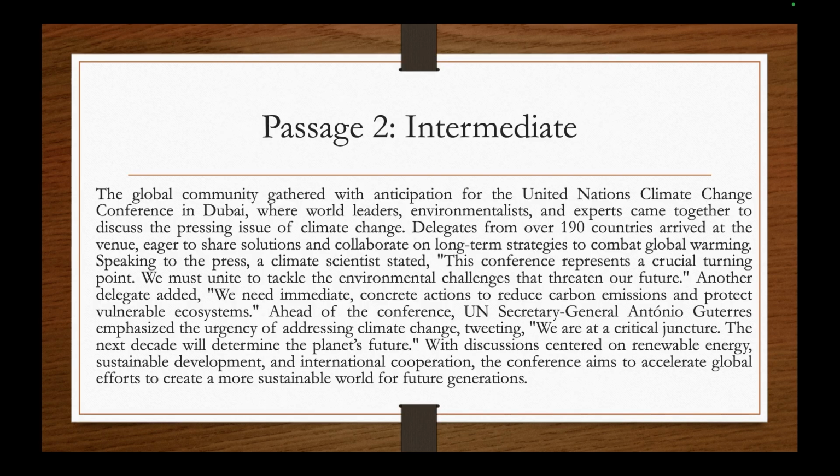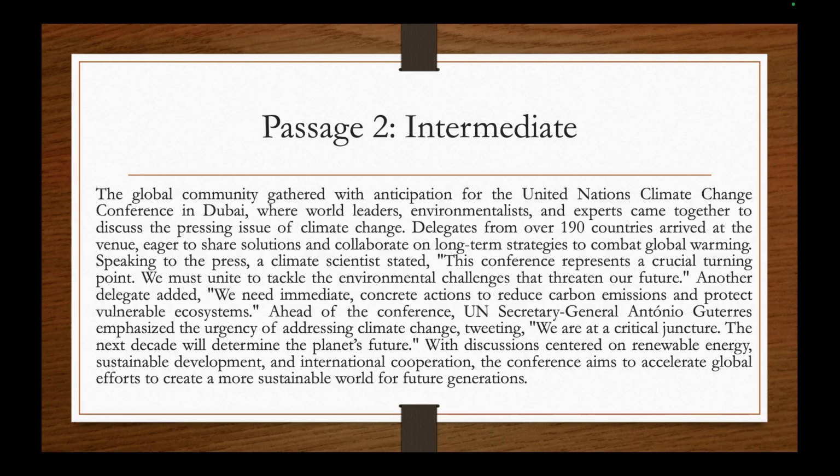Now, coming on to the second passage, which is of intermediate level. Either you can read it quickly with me, or you can pause this video and take a look and make sure you jot down the major points. Okay, now